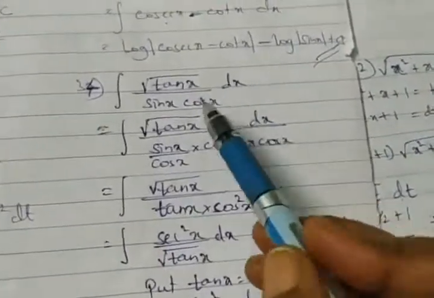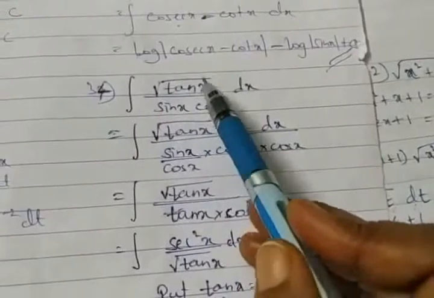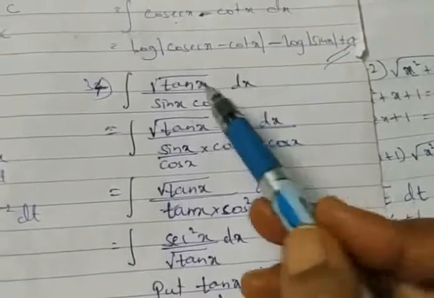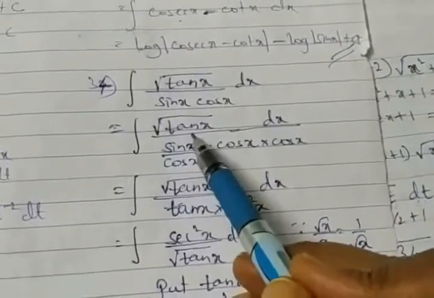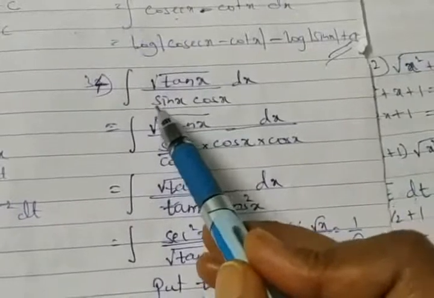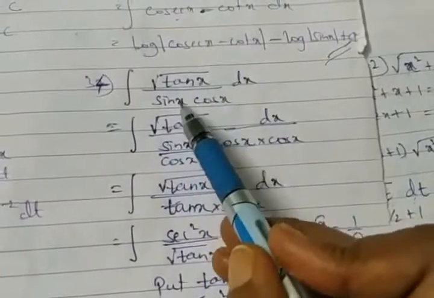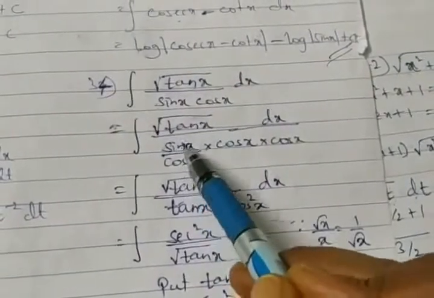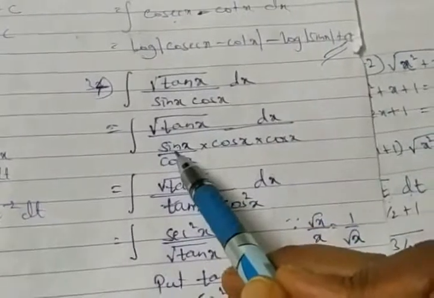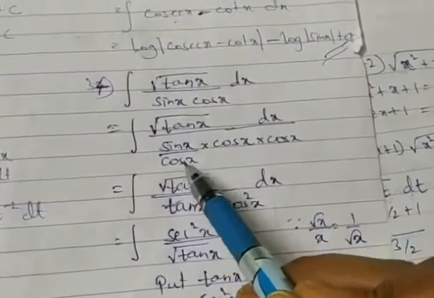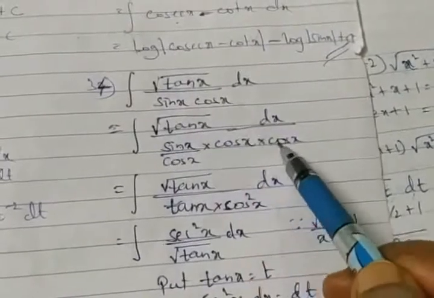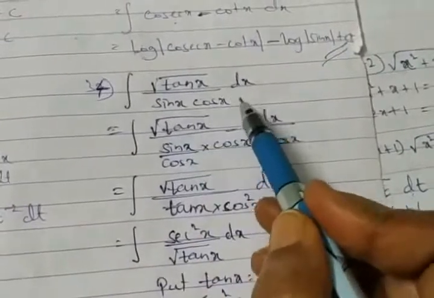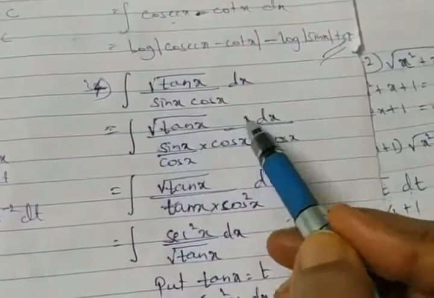Okay, so here tan can be taken as sin by cos, but we can simplify it, rough work. We cannot balance it here, and therefore the ultimate option you find here is that the denominator is sin. I can convert this sin in terms of tan. That is, denominator sin: I have balanced, I have divided by cos, sin x divided by cos x, multiplied by cos x, and this cos x is kept as it is. So in the denominator, multiplied by cos x and balanced by cos x.